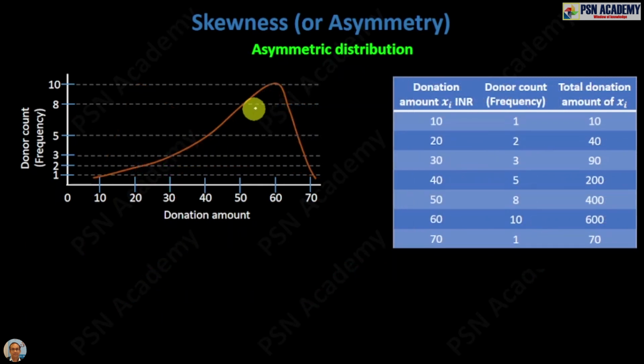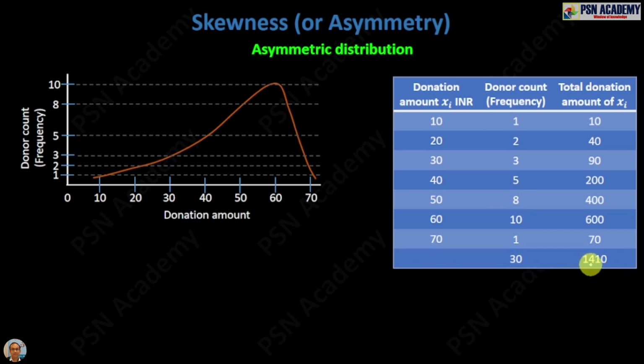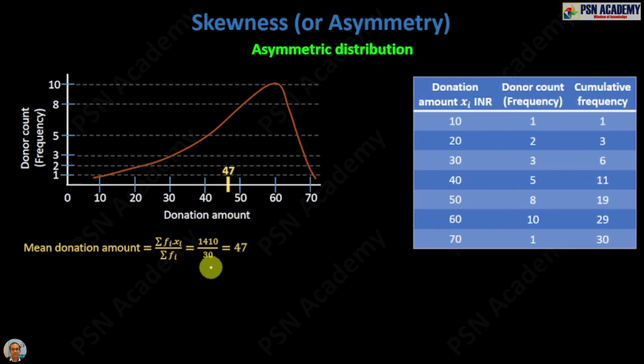Now we have this skewed distribution where you can see that more people are donating with higher denominations. That means 60 rupees was given by 10 persons, 50 rupees was given by 8 persons. And that gives you 1410 rupees in total. So the collection goes high. So for the mean calculation, the same formula, and you will get 1410 by 30, that is 47. So 47 is here. For calculation of median donation amount, you need this cumulative frequency,